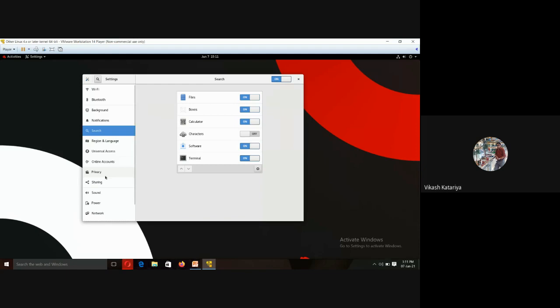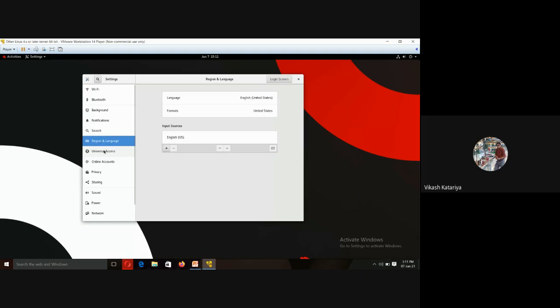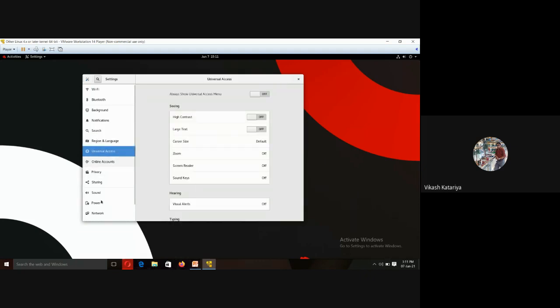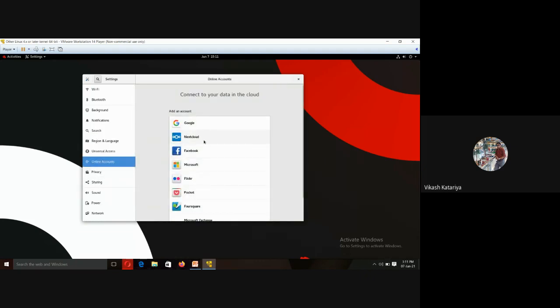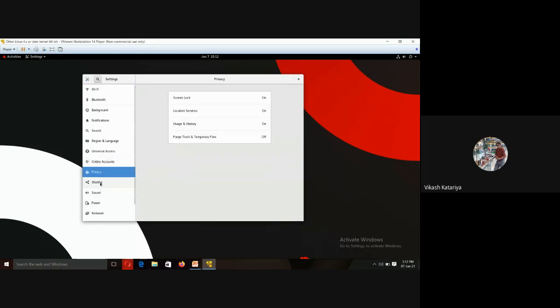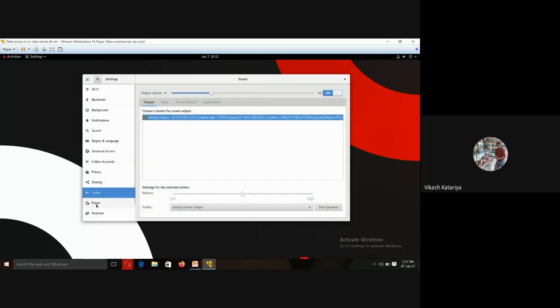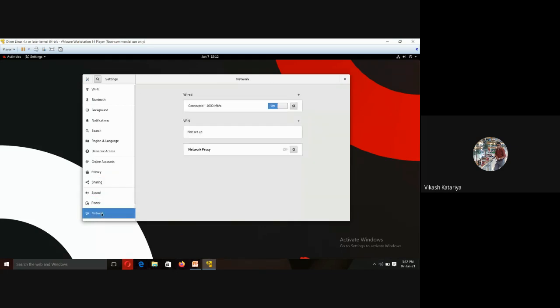That is our motto for this day. We can also select region and language, universal access, and online accounts. If you have online accounts, you can set them from there. Then privacy, sharing, sound, power, network, everything.